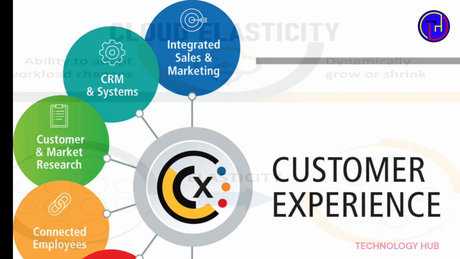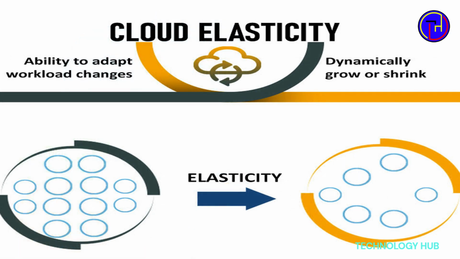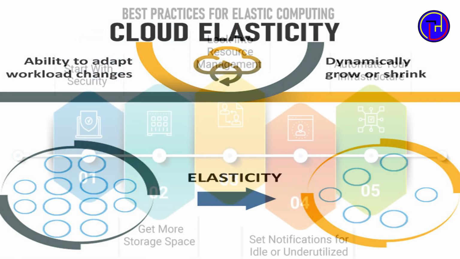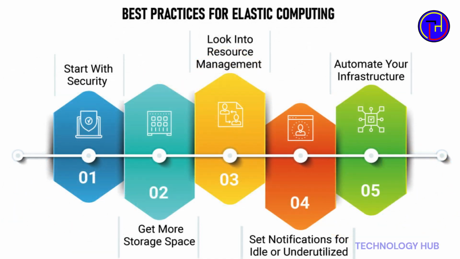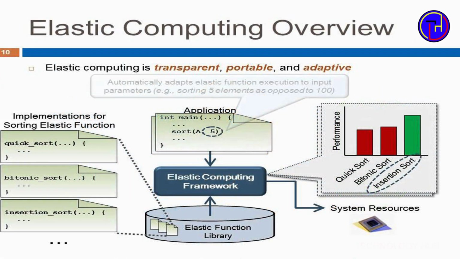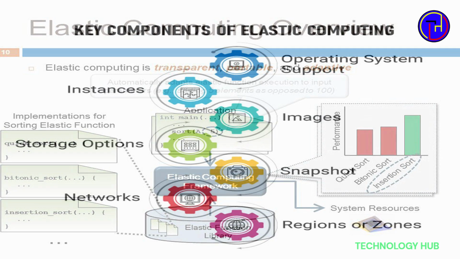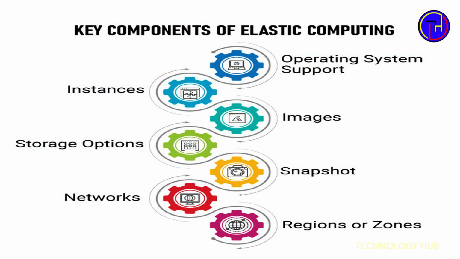Elasticity. With cloud computing, you don't have to over-provision resources upfront to handle peak levels of business activity in the future. Instead, you provision the amount of resources that you actually need. You can scale these resources up or down to grow and shrink capacity as your business needs change instantly.